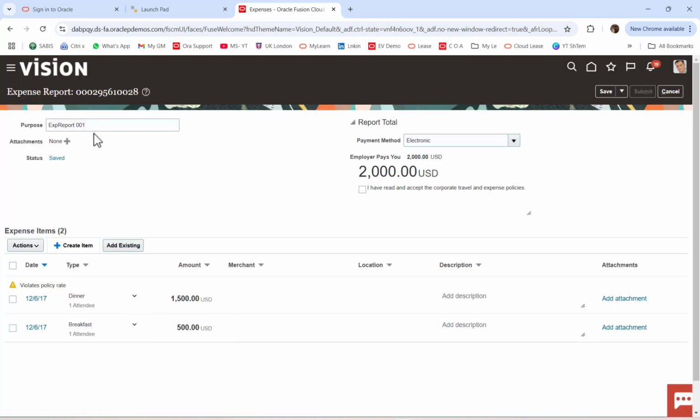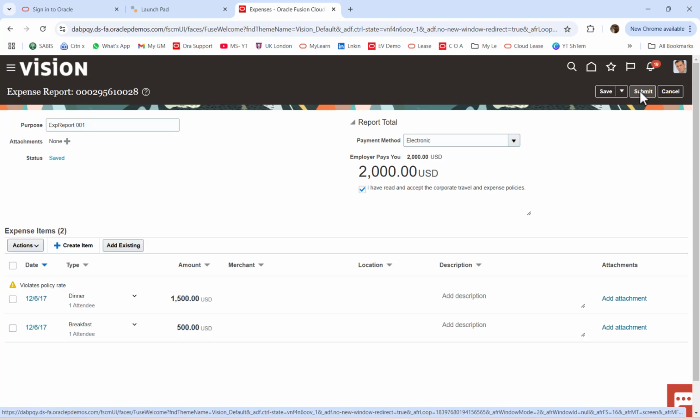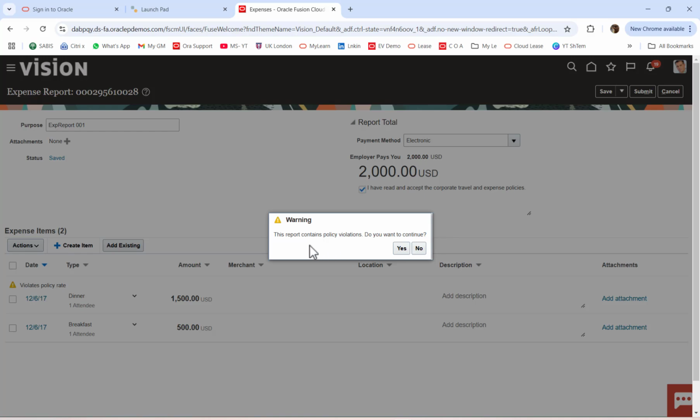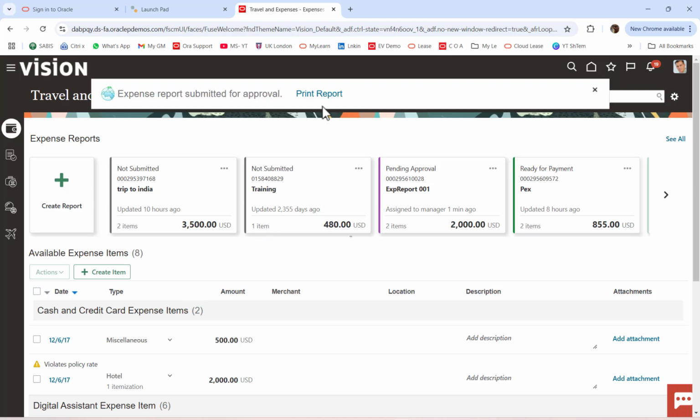After that, you will find your expense report with this amount. In case of you need to submit it for approval, just click that indicate that you read and accept the corporate travel and expense policies. As you see that the submit before is not allowed. Once you indicate these terms and agreement checkbox, submit is now enabled, you can click on submit. Once you click on submit, the report contains the policy. Yes, I know the rate is the policy, so you can print from here, or you can just come to here, and